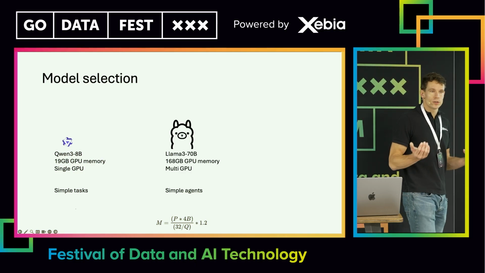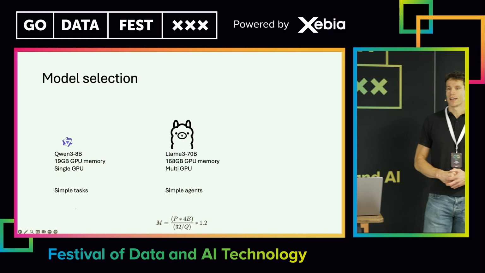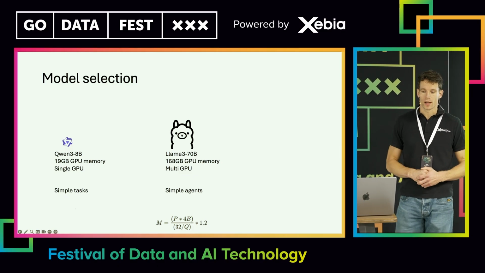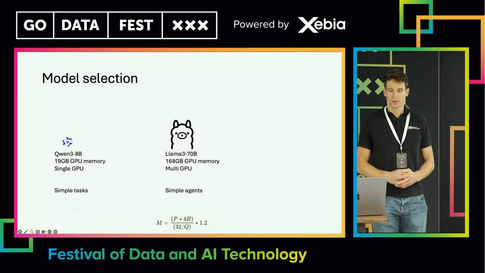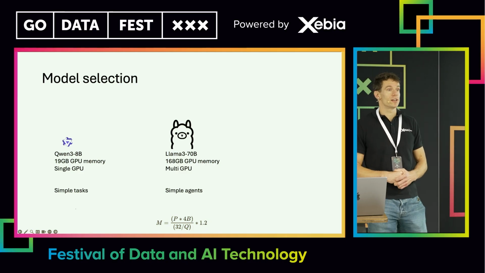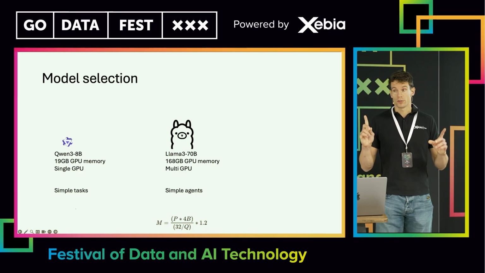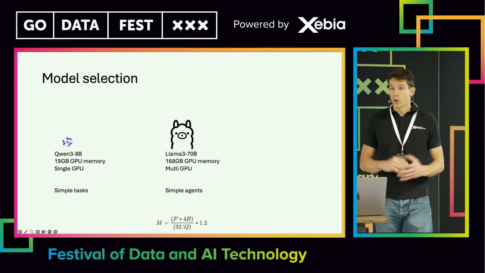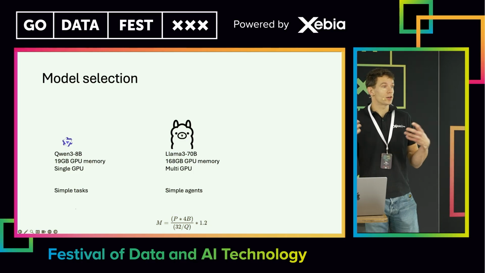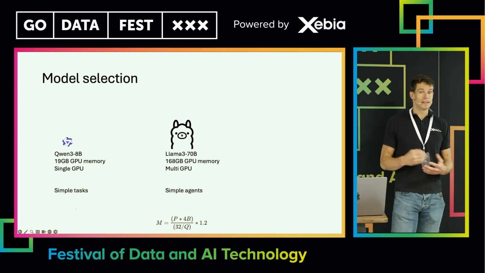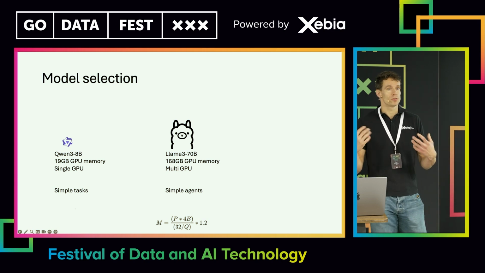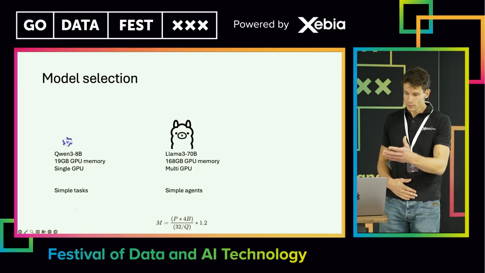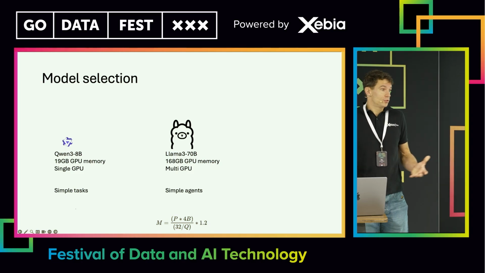But maybe the use case we have in mind is a bit more complex. So we go an order of magnitude bigger. We take a Llama 3 17 billion parameter model. Okay, this needs 170 gigabytes of GPU memory, only to load the model weights, by the way. More about that later. We already need multiple GPUs to run this. So you can already see that the infrastructure needs for this model, and the complexity of how to maintain and orchestrate this, becomes more and more difficult. But it's still quite manageable.